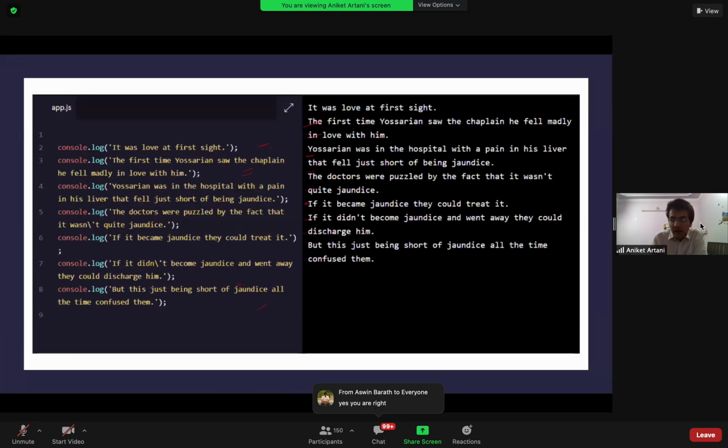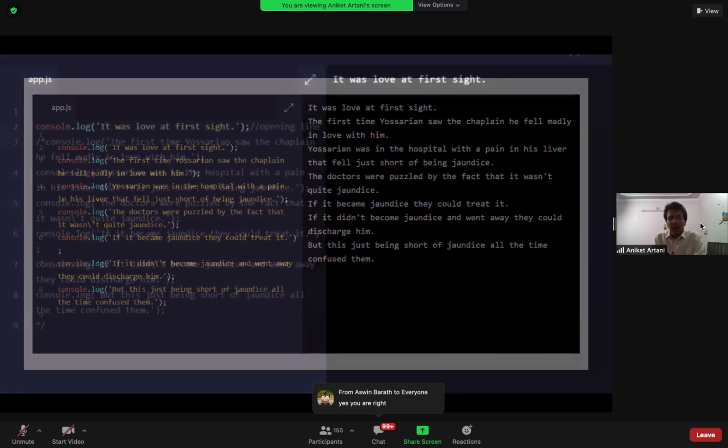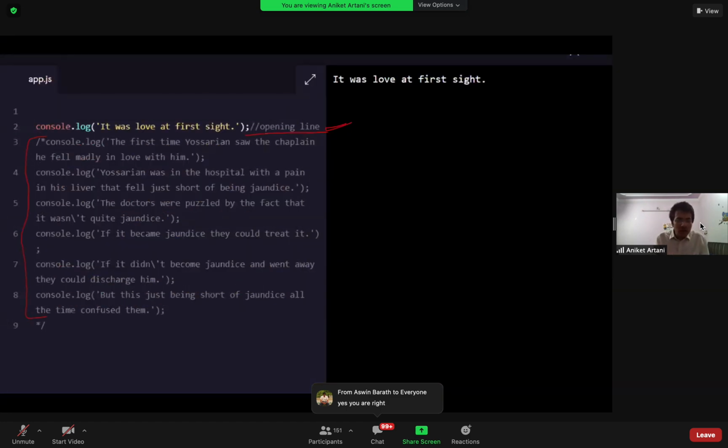You can see different lines are printing, but we don't want to print this many lines. I just want to print only the first line. Then in that case I can use the multiple line comment option. So I have commented out line 3 to 8, and it is not compiled by the compiler, as you can see here. Don't worry, I will show you practically also after some theory part.